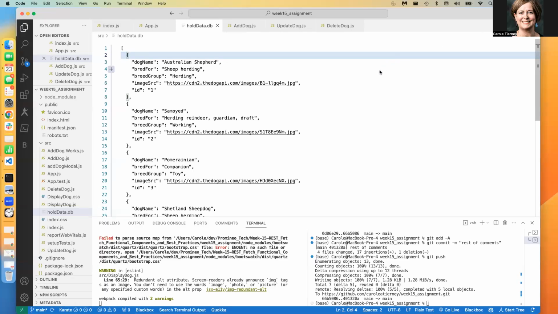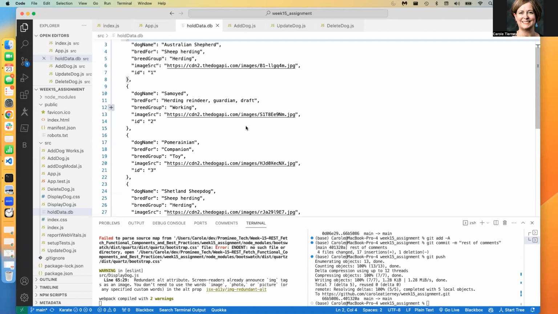This is the week 15 assignment, which was to create a full CRUD application using React that updates the database. And I chose to use mock API. I went out to a dog API in order to get some data to show, which I then copy pasted into mock API so that I could do the add, delete, update